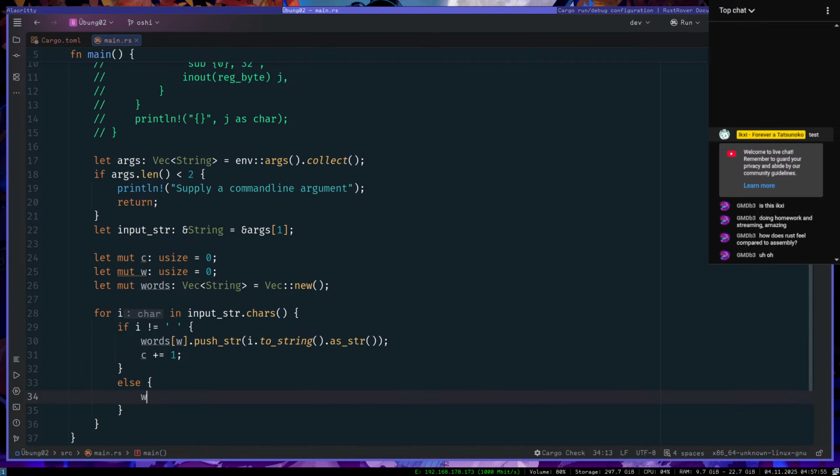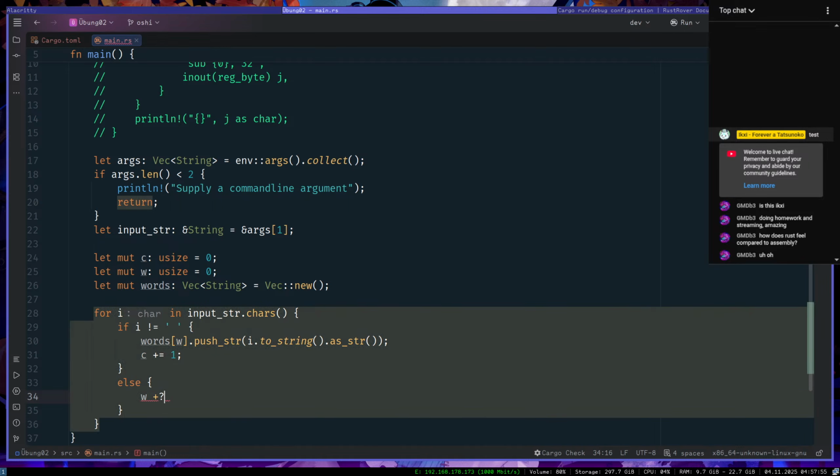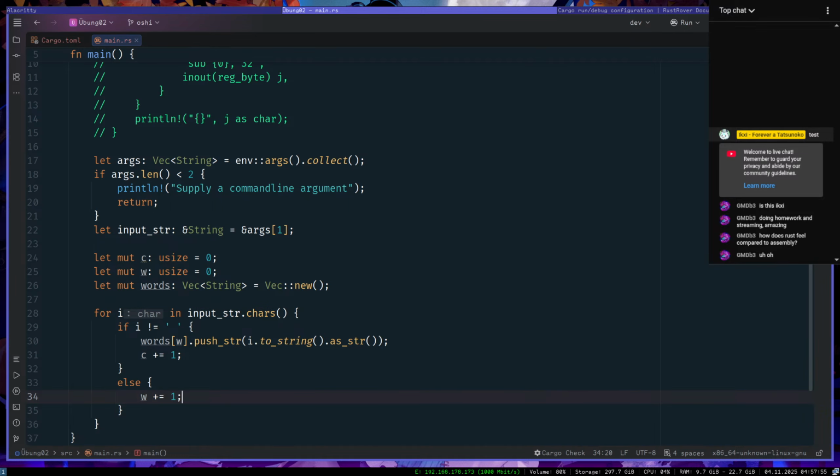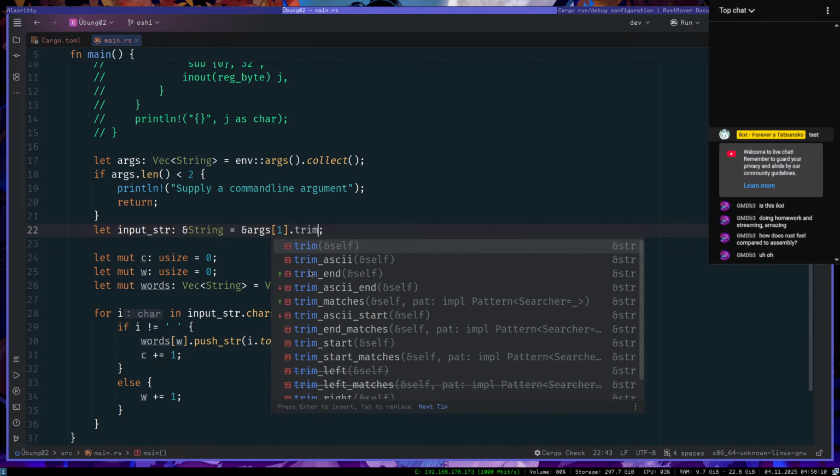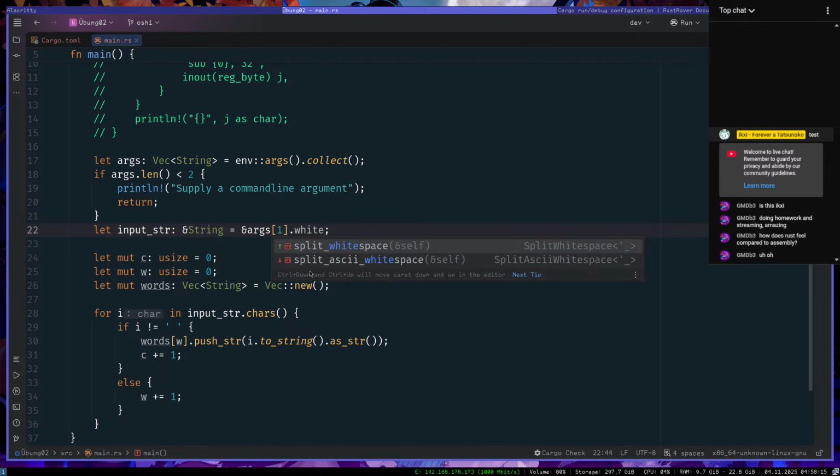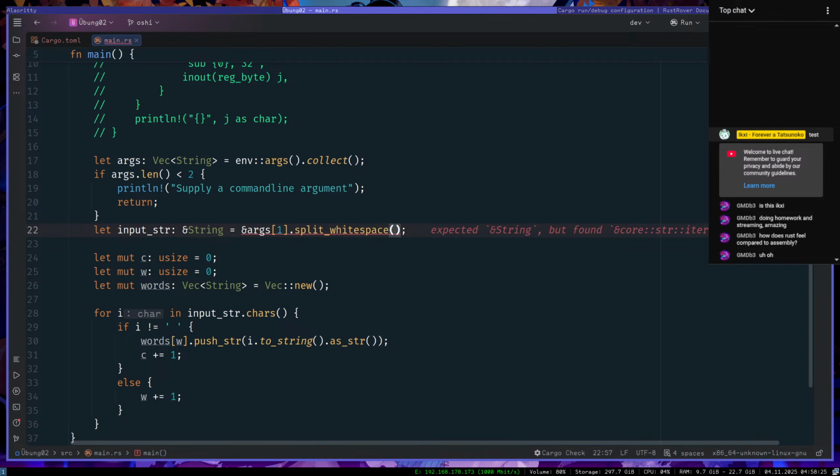So if we are here, w += 1 definitely. That's okay. We would probably want to do trim or white. All that.